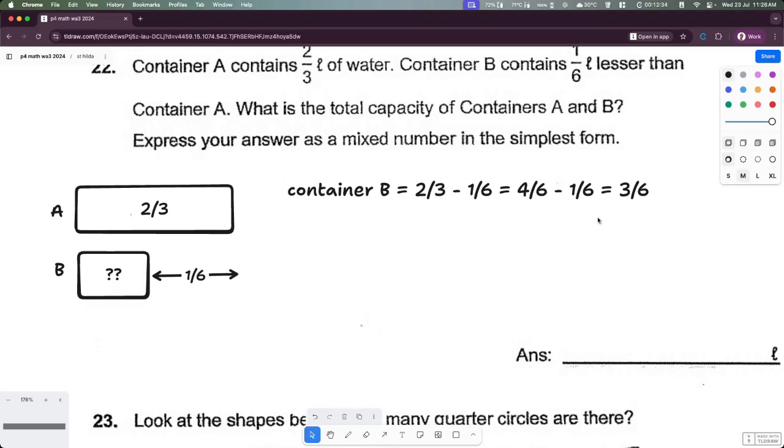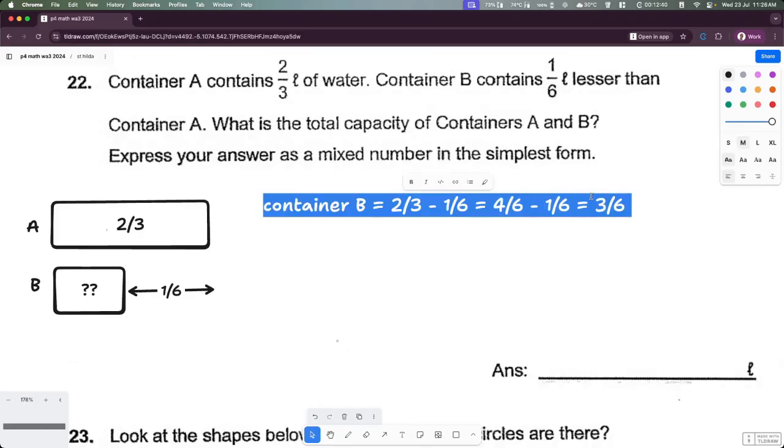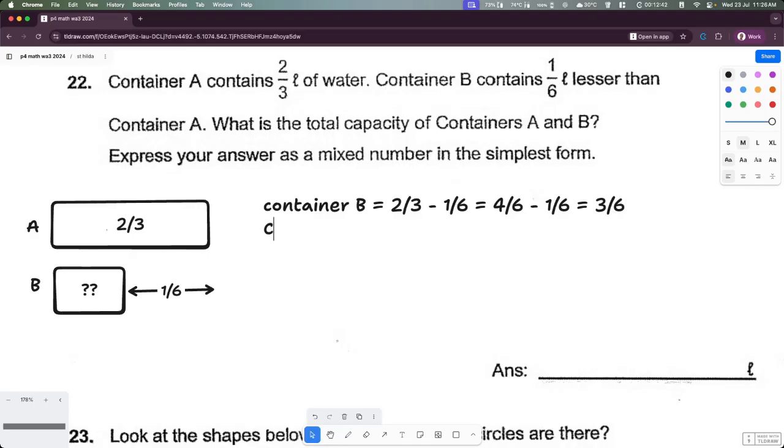So container B is 3 over 6. We can simplify it, but let's not do that yet. We know container A is equal to 2/3, which is also 4/6. So we want to combine, so total equals 4/6 or 2/3 plus 3/6, which is the same as